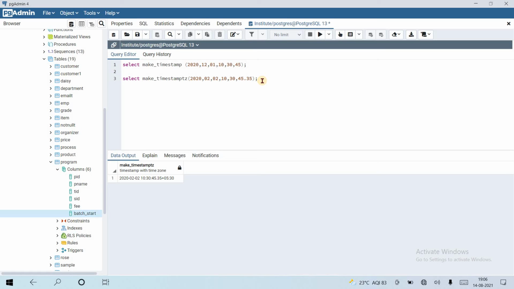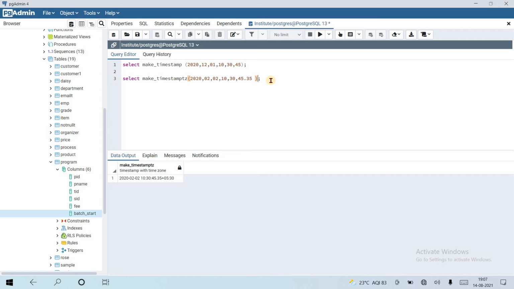Okay. Let's make some error or check whether it handles it or not. Here I have not provided any time zone, so it takes the current time zone. Using pg_typeof I can check the return type of this function.